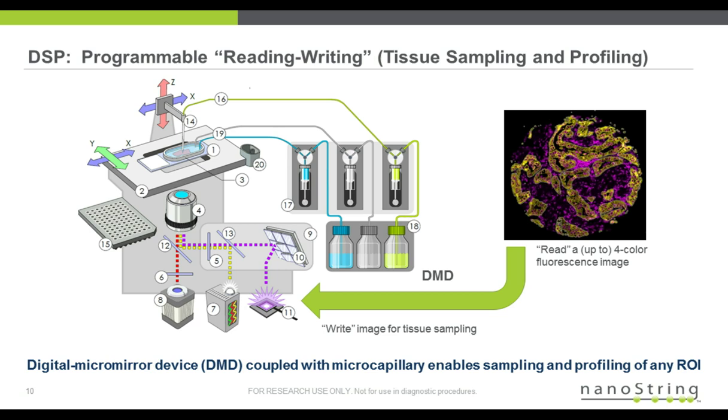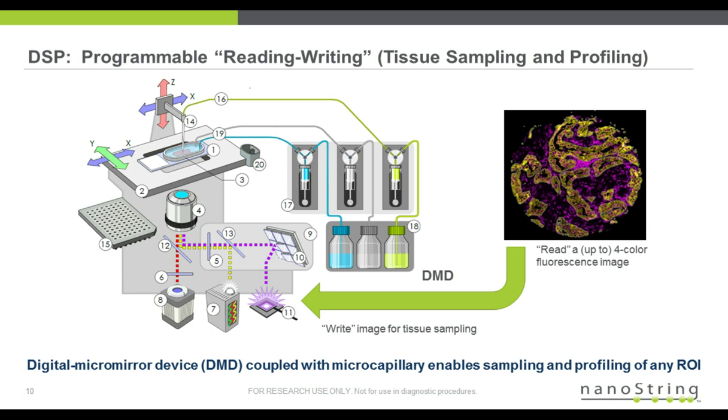Now, one of the key aspects of this microscope that's rather interesting to describe is that it is a read-write microscope, in the sense that I am writing with light, and wherever I write with light, I'm actually reading all the digital barcodes that come off the surface at that particular location. So you can do some very unique types of experiments with this configuration. And the writing element is a totally generic writing element. This little thing that you see labeled number 10 is something called a digital micromirror device. A digital micromirror device can shine light in any specific location in the field of view of the cell. You can see it's a colon cancer sample there to your right.